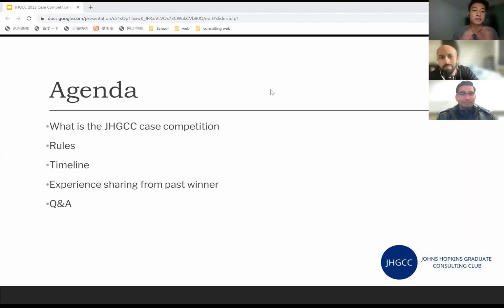Yes, so this is the agenda of today's session. We're going to quickly go through what exactly is a case competition, in case this is your first time to participate in a case competition. And then we're going to go through the rules of our JHGCC case competition. And then we're going to walk you through the timelines of this year's case competition,